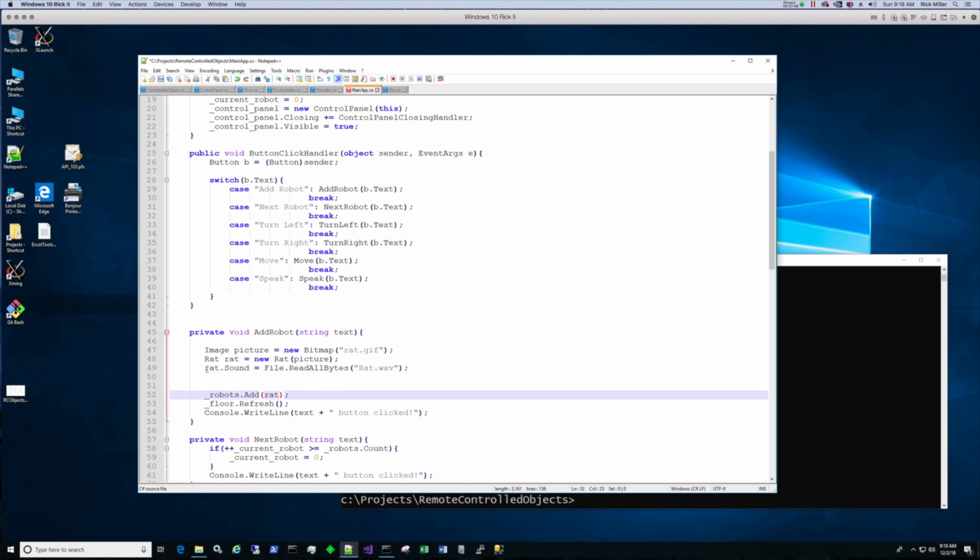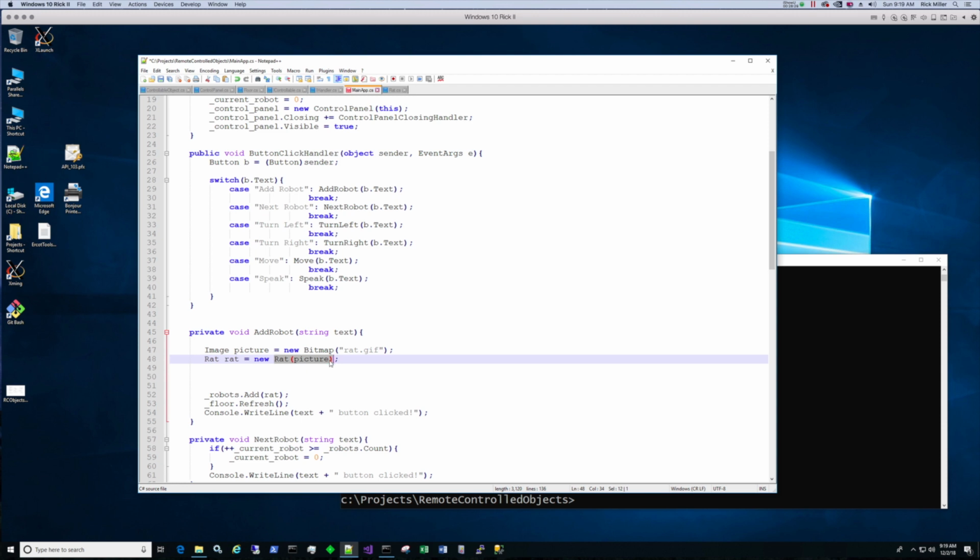Or I could create a byte array and use an object initializer, but it turns out it's the same exact way here. So you might be asking, what the heck are you talking about? I could actually, instead of saying rat.sound, say new rat. See, because I don't have a constructor that says picture comma sound. I have a constructor with a rat. So instead of overriding the constructor to take either a rat, that's a default, a rat.picture,